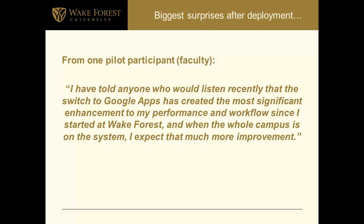Around, in collaboration after using Google Apps. They do like the ability to some of the work of maintaining